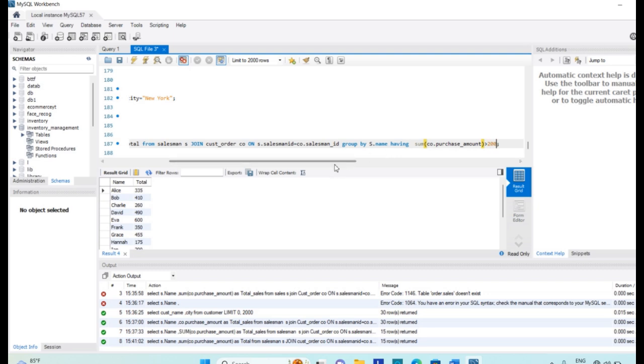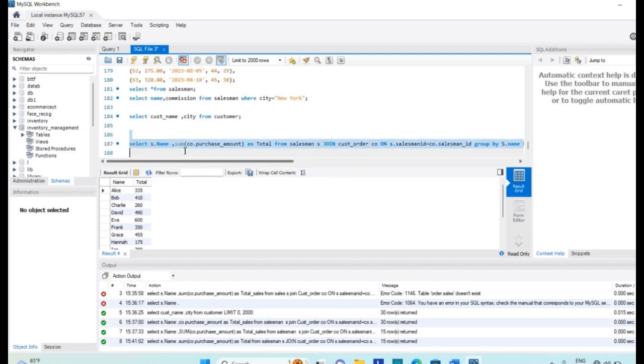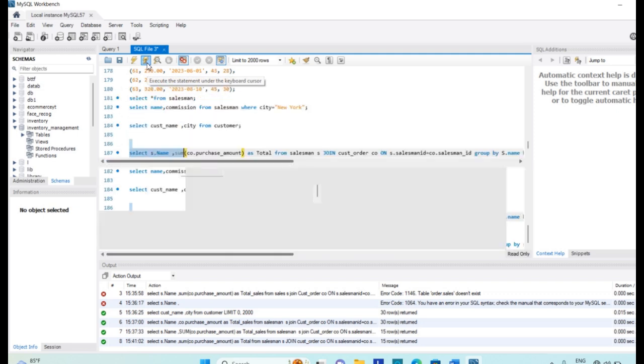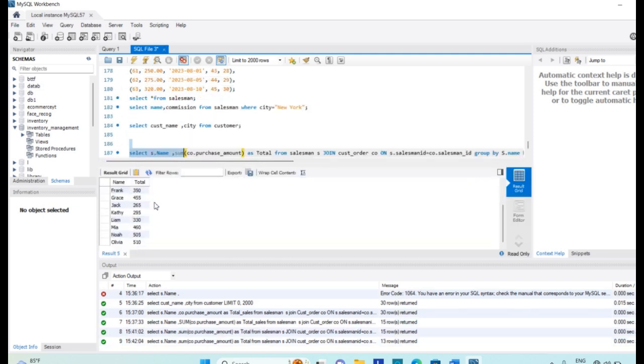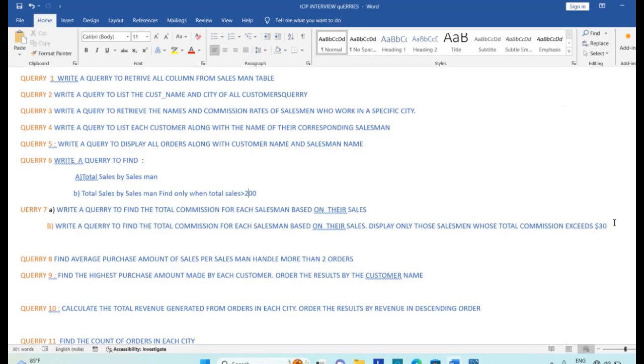If we write the having clause like this, it will generate the list of only those salesmen whose sales are more than 200. In this way we have solved query number 6.